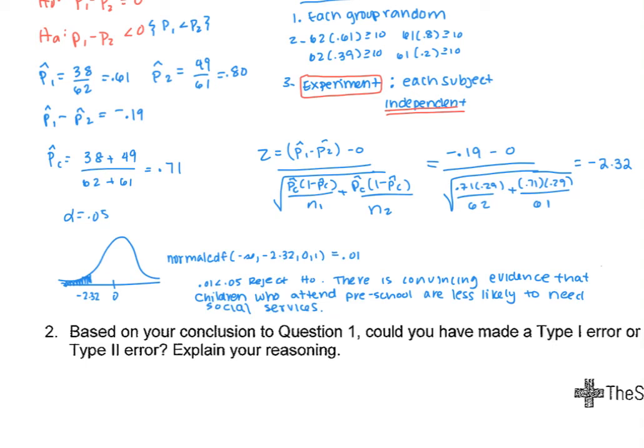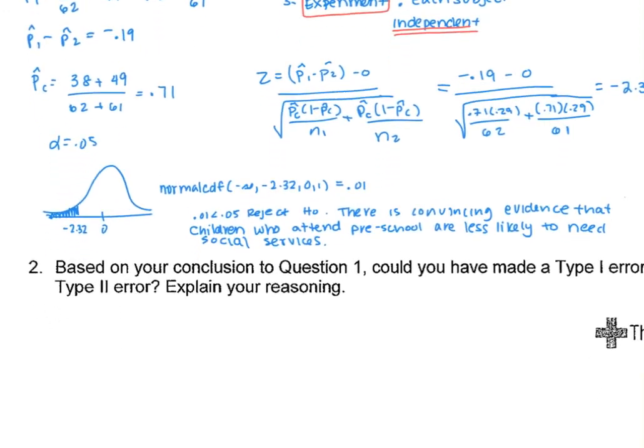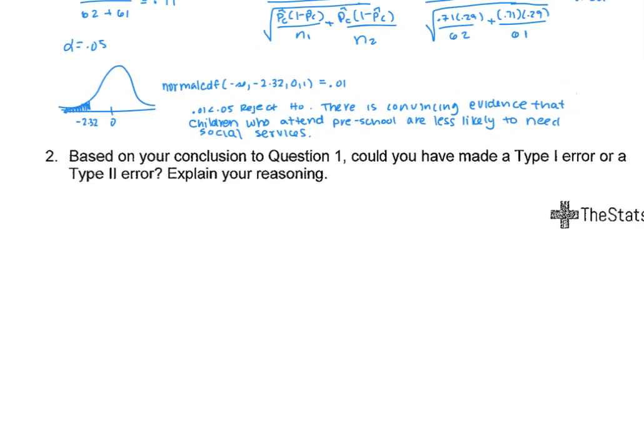So based on this conclusion, did we make a type 1 or a type 2 error? Since we rejected the null hypothesis, we have potential for a type 1 error. So we have a type 1 error because we rejected the null hypothesis. So the error we could have made is that we reject the null hypothesis, we conclude that going to preschool will reduce the need for social services, so we start something like the Georgia Pre-K program where we encourage all